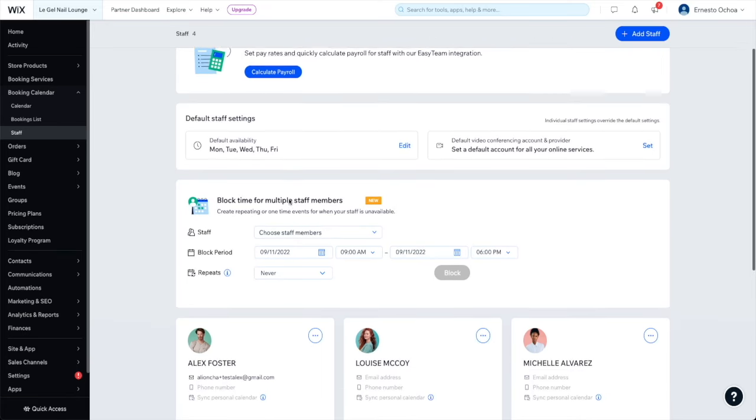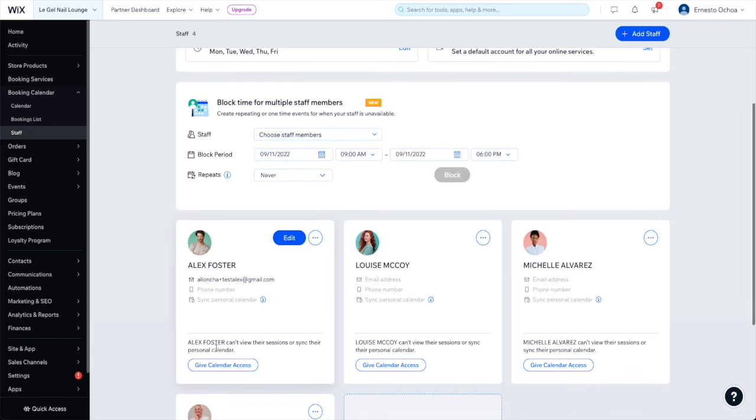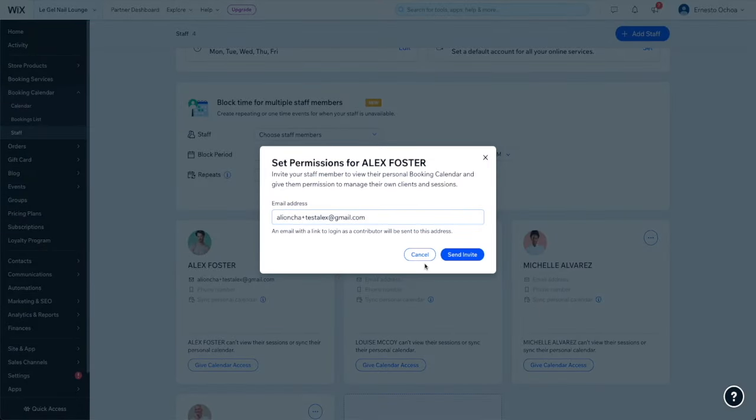Back in my dashboard, I'll click on Give Calendar Access. I'll just confirm their email address, and once they accept the invite, they'll be able to view and add their own bookings right on the calendar without seeing any of the other backend tools that I have access to as a site owner. This is great for me as a manager because